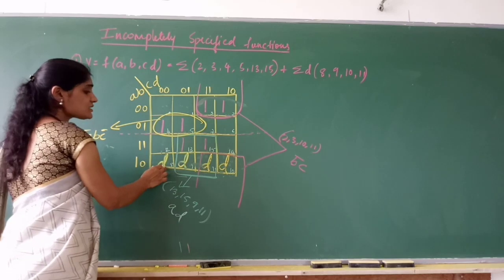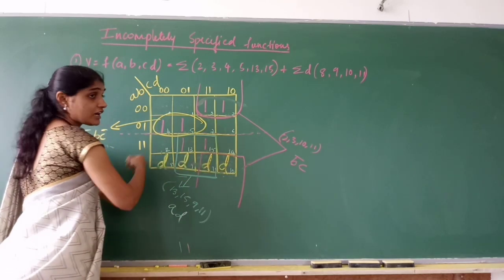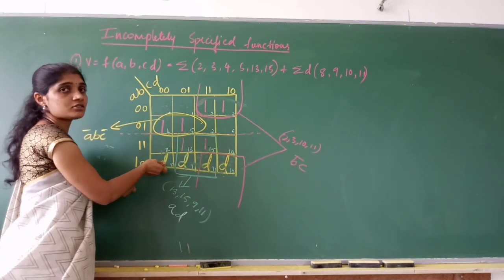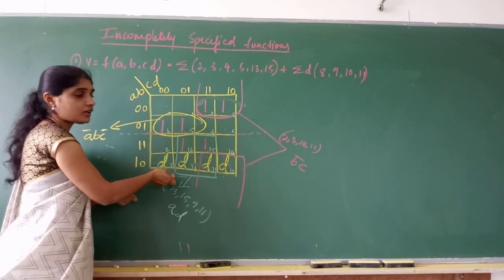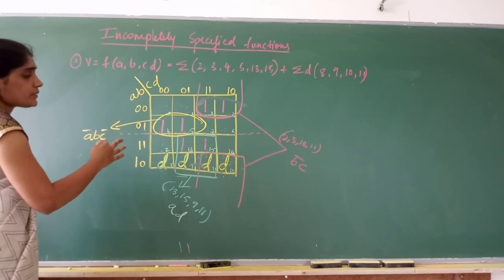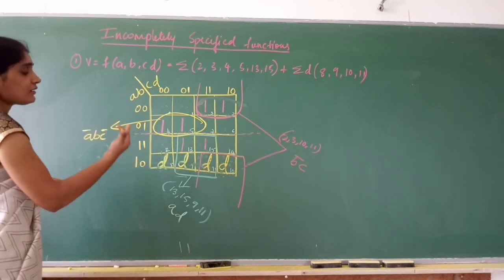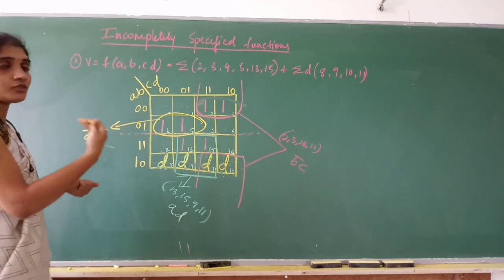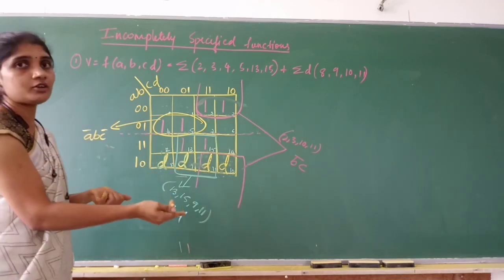Okay? Now 8 is not grouped. You cannot go for another grouping just to cover 8 because 8 is not a mean term. It is just a don't care term. Just leave it. Don't group. So, you have to look at the mean terms whether they are grouped, whether they are being grouped with the don't care terms. If don't care terms are adjacent, you can make use of it to group the mean terms.